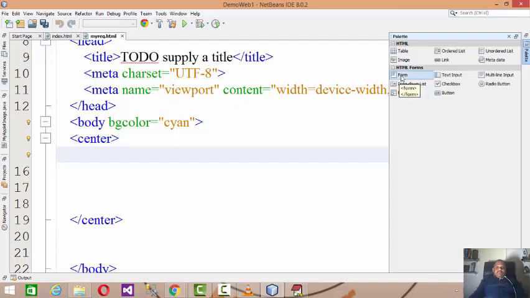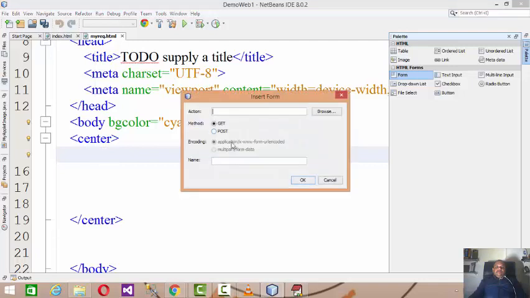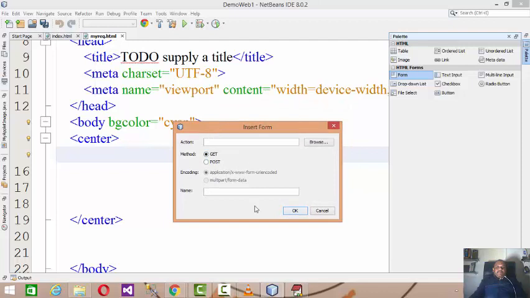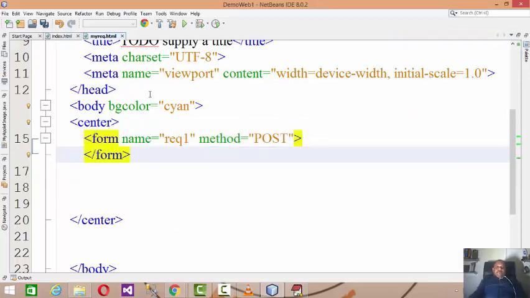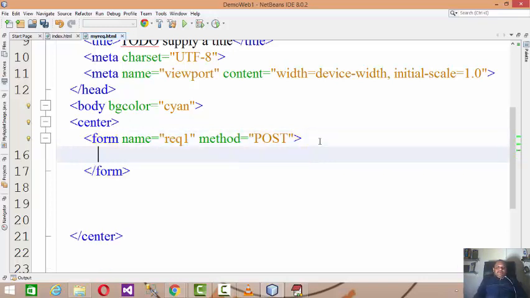So generate the form. Now from this form, if you want to post the data somewhere, then you will need to specify the name of it. Initially I'll be using the method as post, and the name of the form is maybe request one. So the name of the form is request one and the method is post.